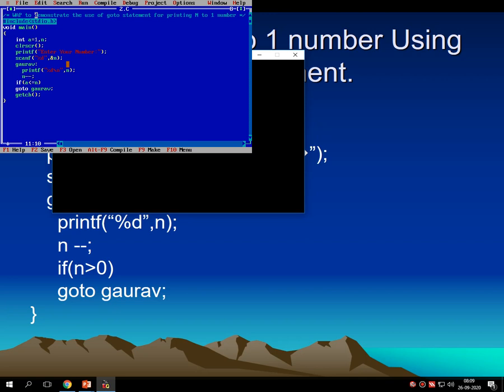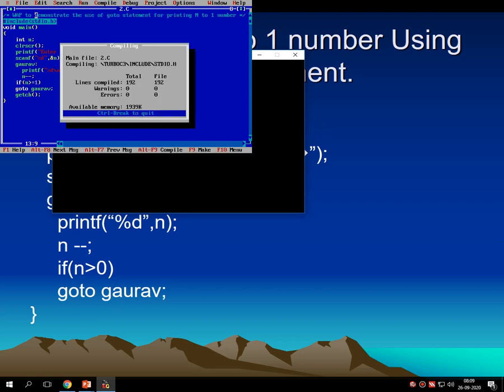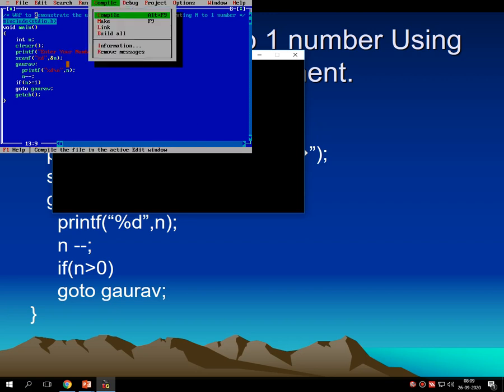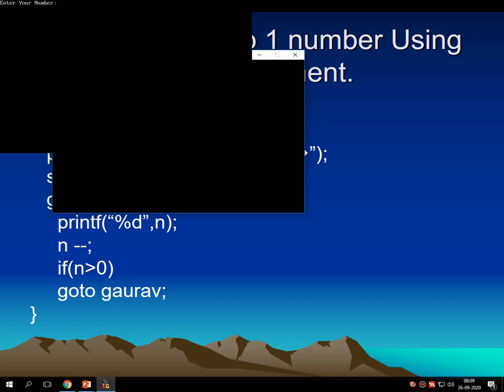It's a postfix decrement operator. Then there is a condition checking: if n is greater than or equal to 1. So over here there is no need to declare the variable called a also, I think. And then the repetition using the goto statement. Let me first check the code. If it's okay, I will explain it again.